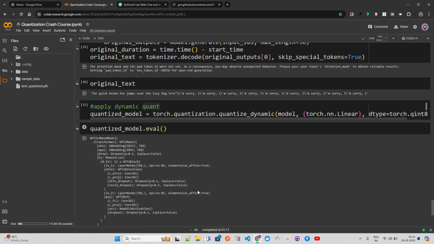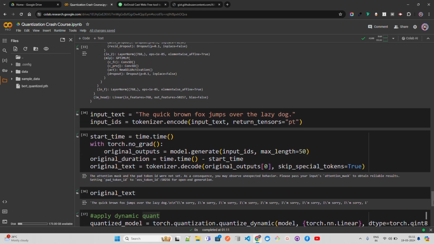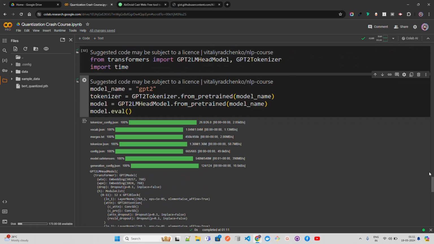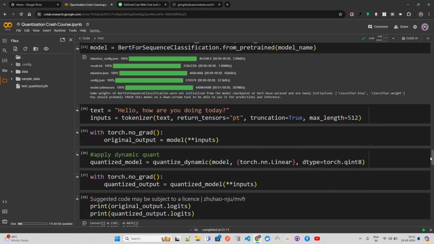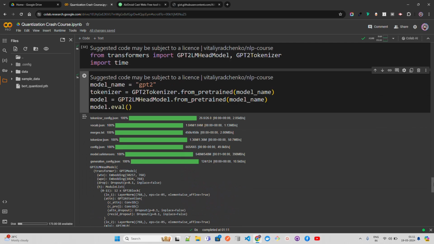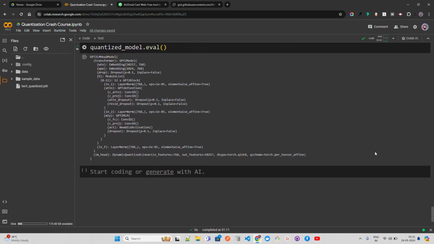If you look at the last one, the LM head, it says DynamicQuantizedLinear. You can find it out over here. Now this is great. This is the change that we have made. Now you can understand where we started. We started with a simple feed forward neural network, then we looked at a BERT model, then GPT-2, and after this we'll move to 5.3 or something like that. Okay, now we're able to get this.